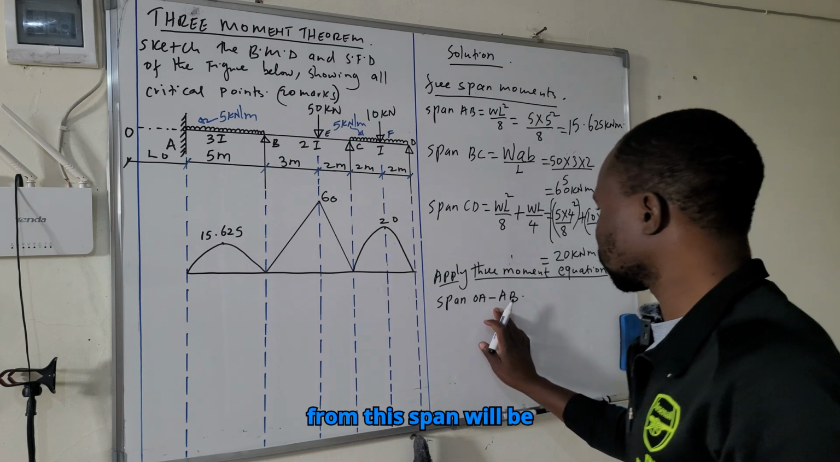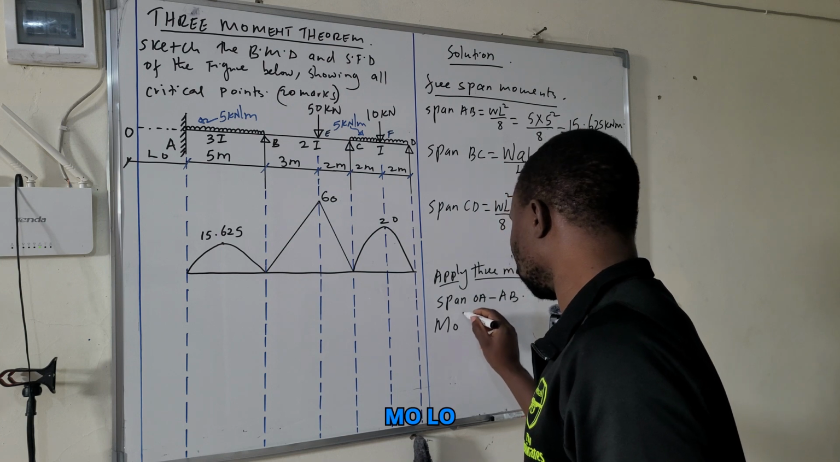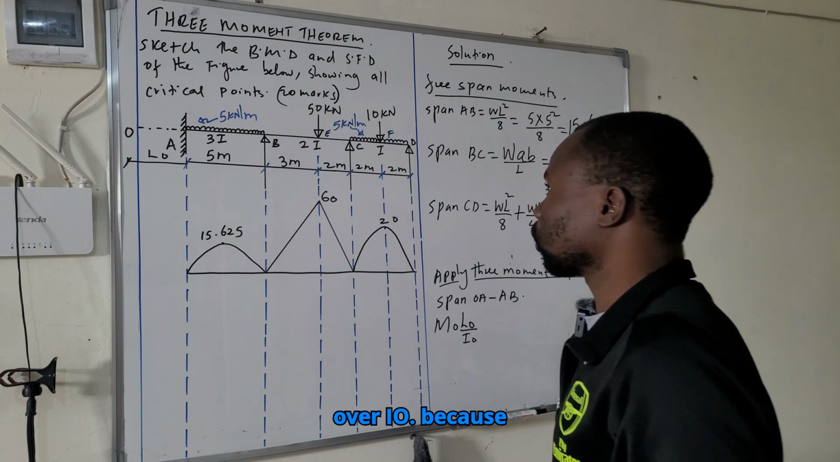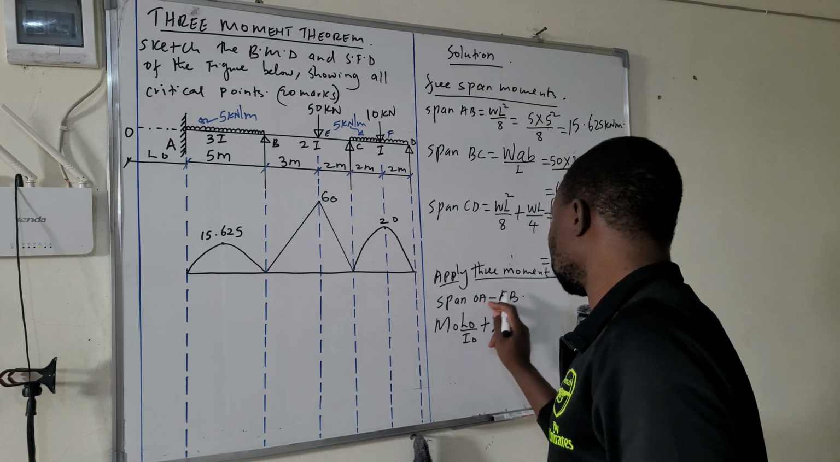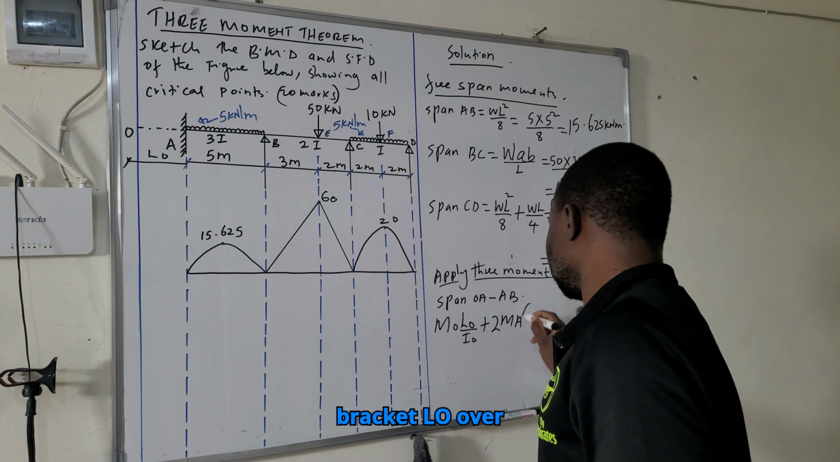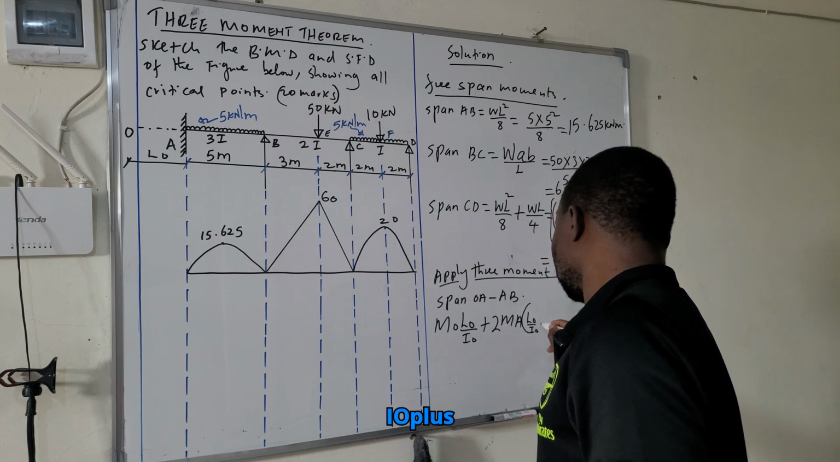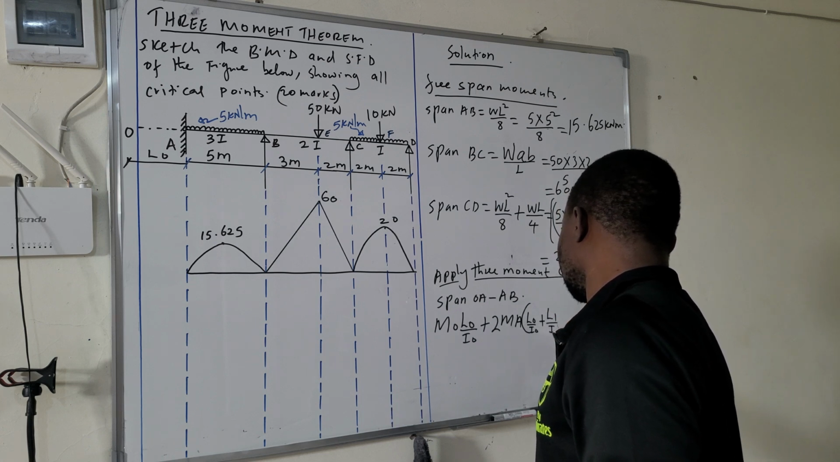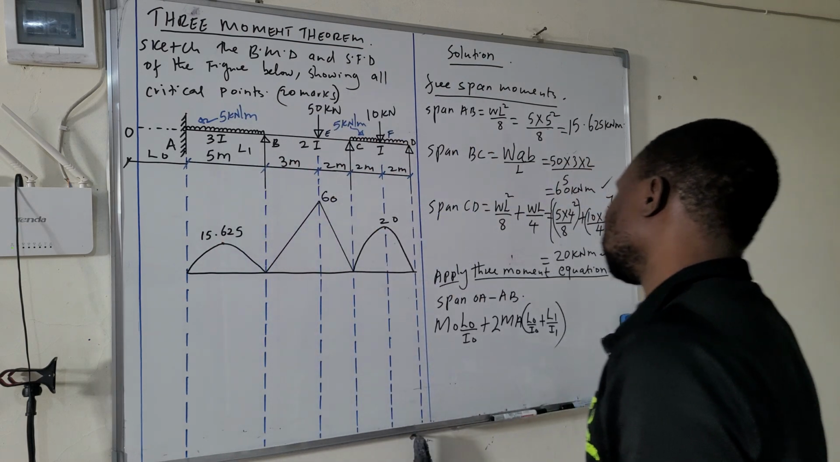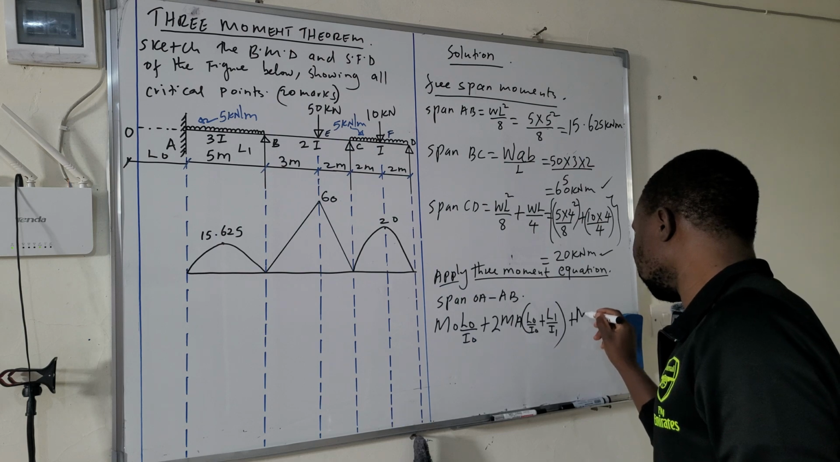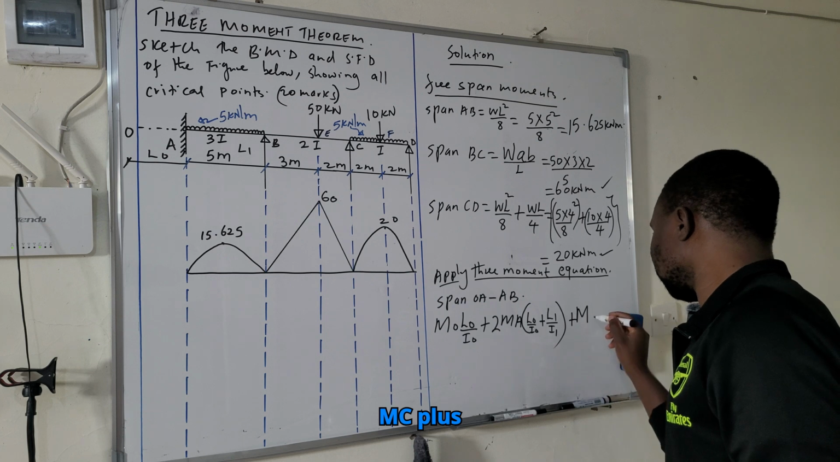After choosing your spans, OA and AB, you will write the 3-moment equation. So the 3-moment equation from this span will be MO LO over IO, because MO is the moment at this point, and because it is imaginary, it will be moment O, and LO over IO plus 2MA into bracket LO over IO plus L1 over I1. So this is L1, this one is L1, like that. So plus MB